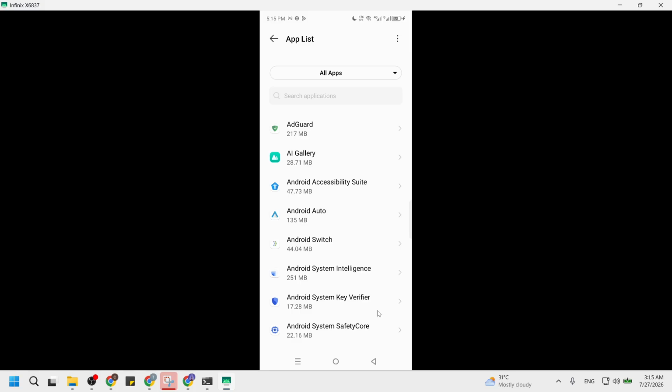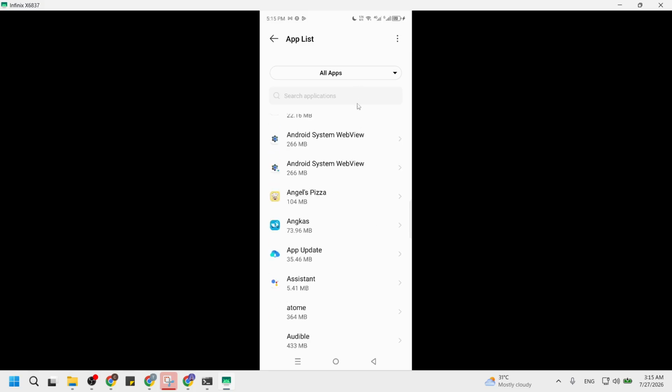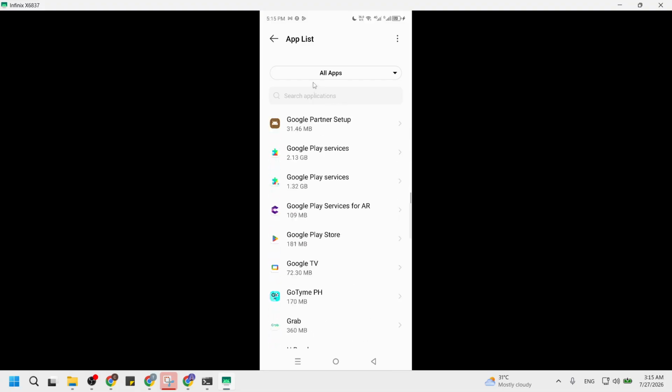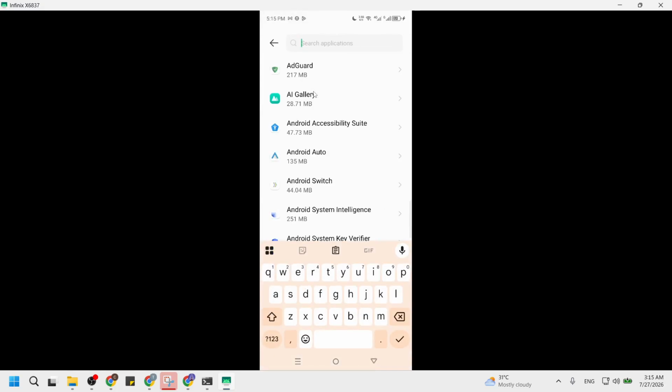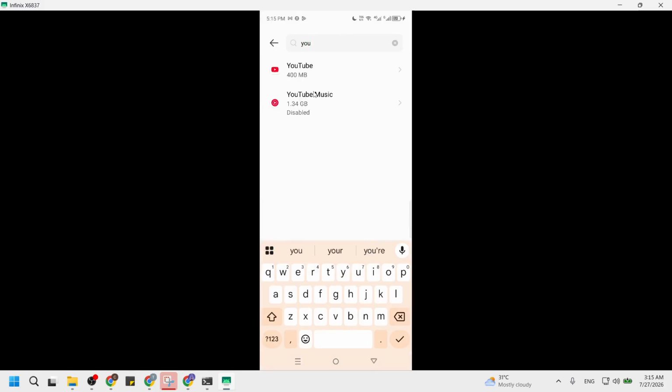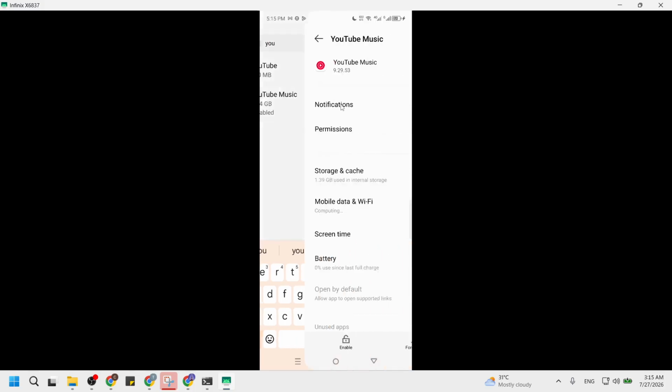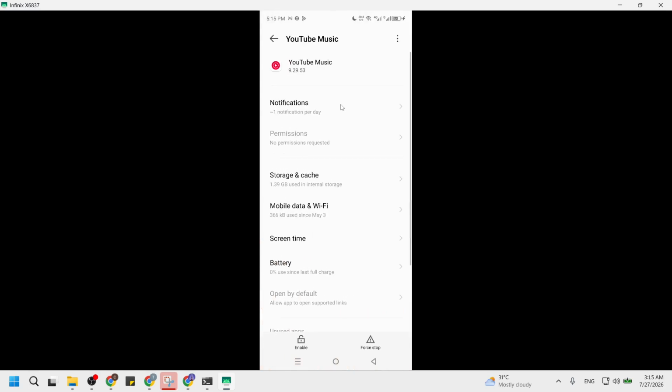Next up, search for YouTube Music. Look for the search field at the top of the app list screen and tap it so the keyboard appears. Type the words YouTube Music slowly so the search can narrow down the results as you type. On many devices, as soon as you finish typing, the list will shrink to just the matching apps without needing an extra button. If you accidentally type YouTube instead of YouTube Music, you might land on the main YouTube app instead, so double-check the full app name.